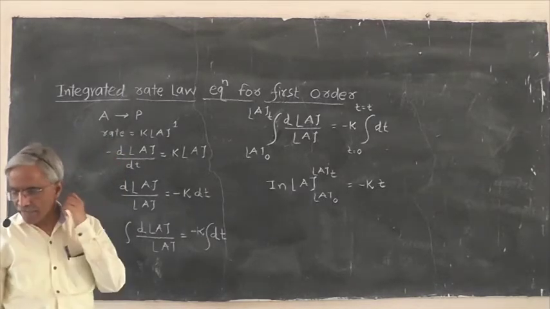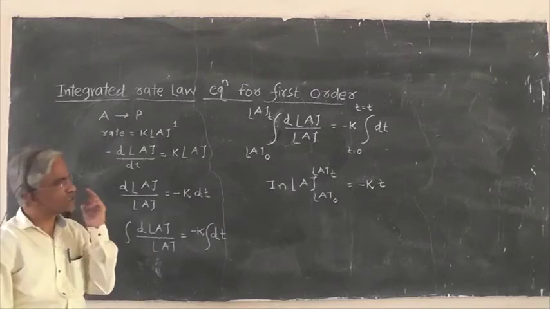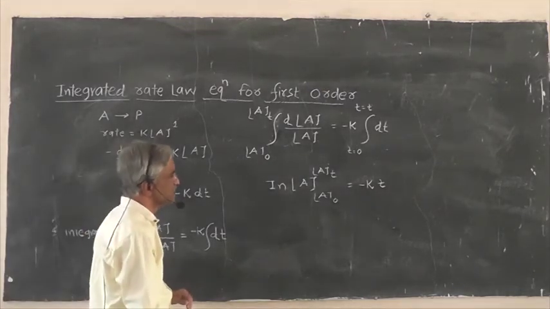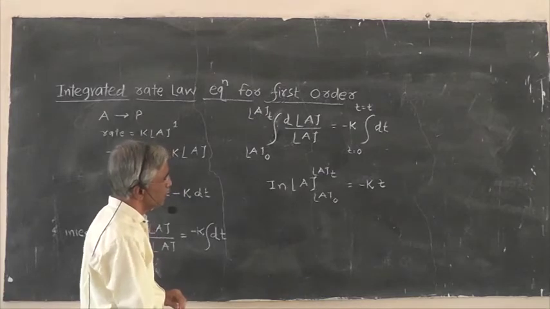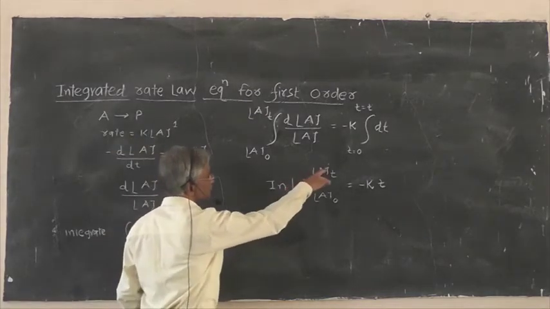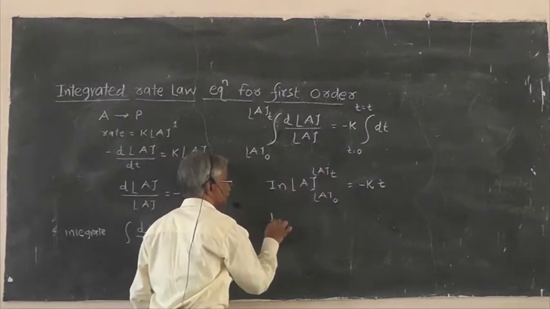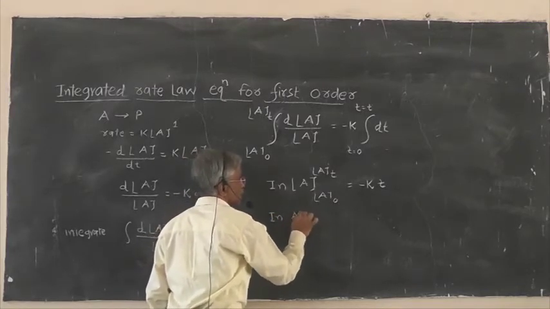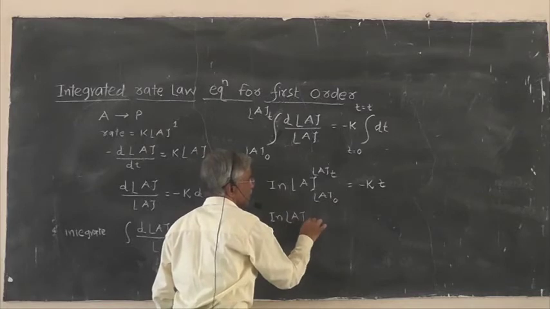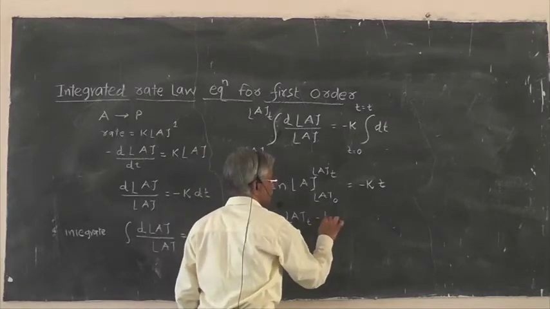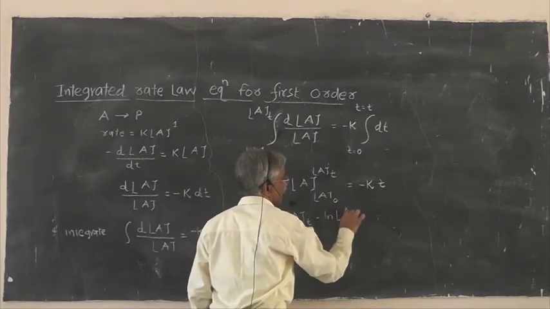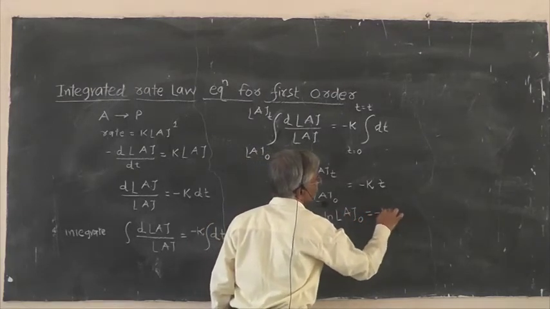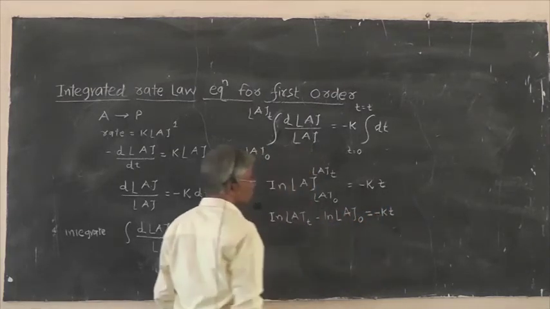As we can say, the rate is directly proportional to A. Now, first of all, we will go for solving this equation in a straight way. This equation can also be written as minus K into A. So the rate is directly proportional to A, and therefore we can obtain a straight line graph like this, and by the differential method also we can understand the first order reaction.